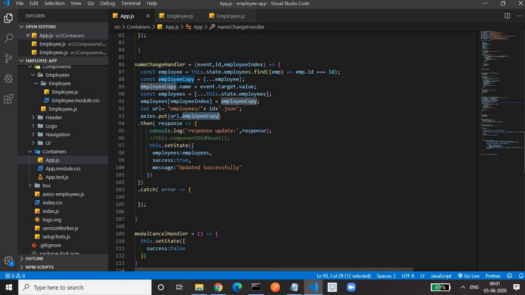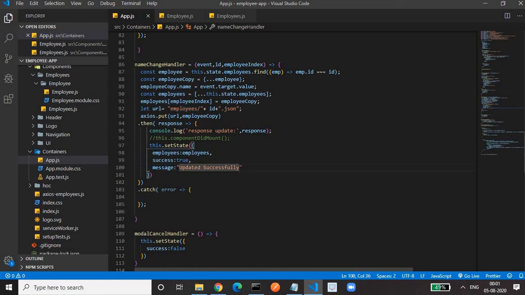Once the put method has updated, what do we have to do? Once it is updated in the database, we want to reflect that in our UI. How can we reflect that in our UI? Either in the response you send the resultant data and we call this.setState and configure the resultant data to the employee, or you can call componentDidMount again, which is used for fetching from the database, or you can use this.setState, in which we are updating the new employee and passing the message updated successfully.